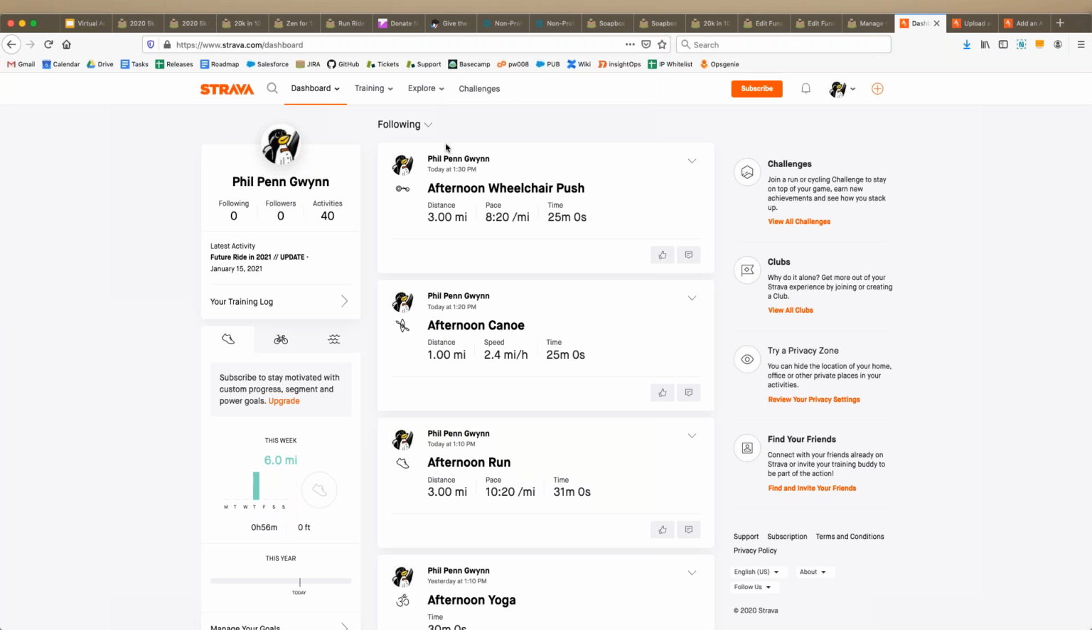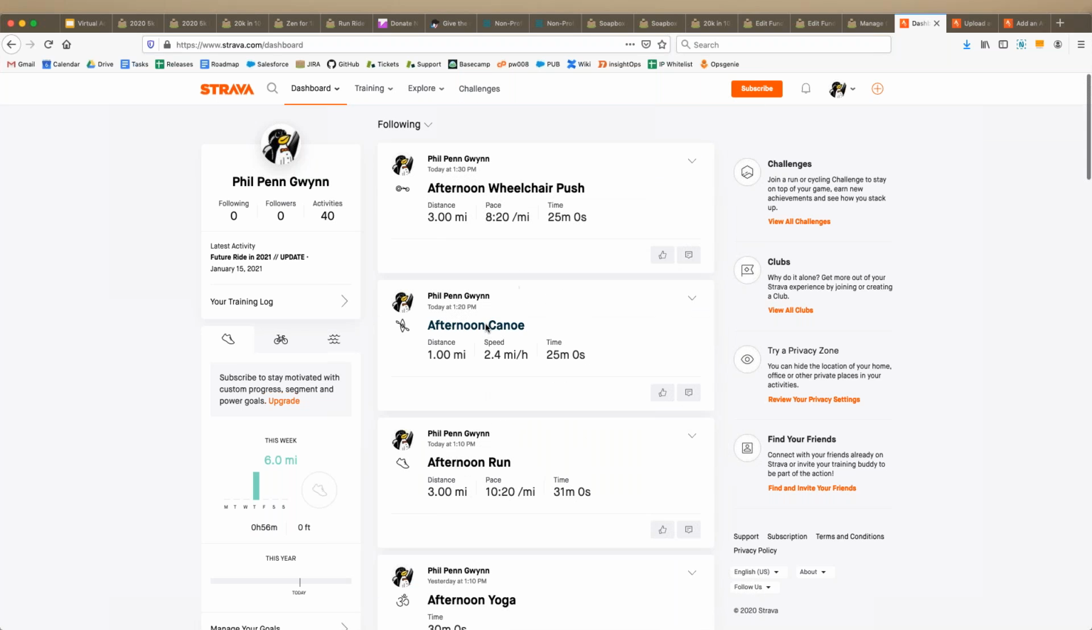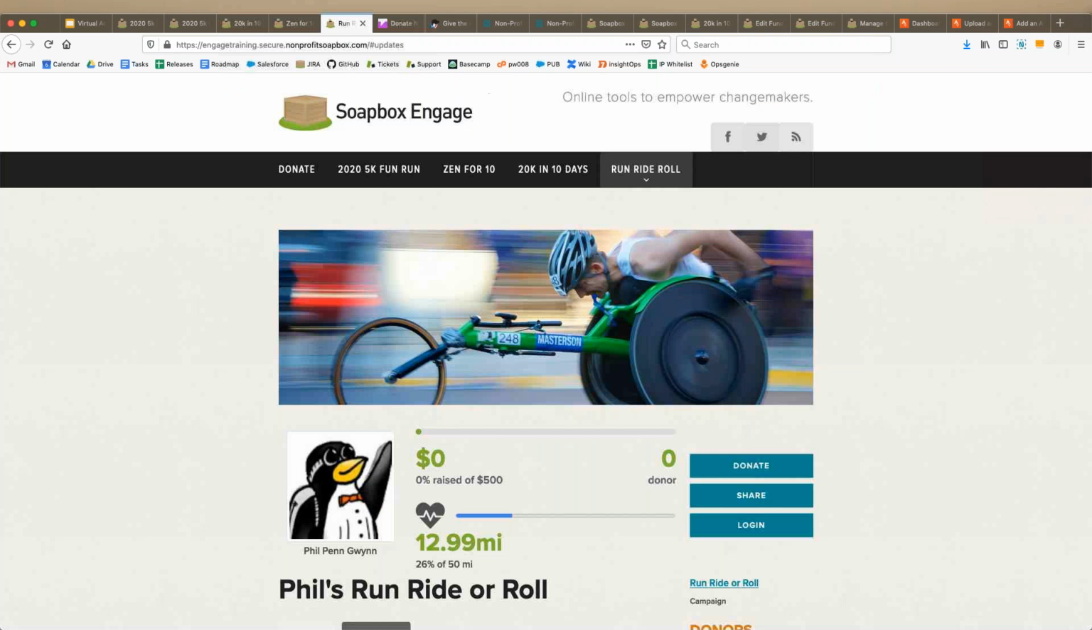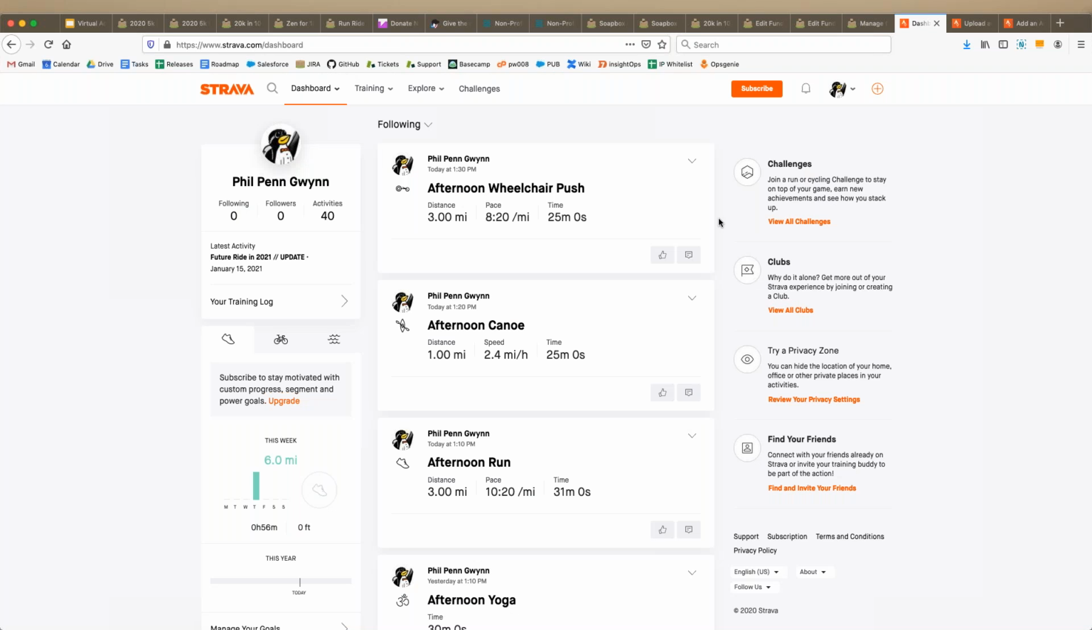Here, what we're seeing is Phil Penguin, our intrepid fundraiser, his activity list in Strava. So you may notice that a number of these that we see here are the exact same ones that we saw on our fundraising page here. So here's the afternoon wheelchair push. So what's happening is the activity gets recorded in Strava, and then Strava notifies Soapbox that this activity has happened. Soapbox records that in the fundraising page that is appropriate, and then increases the total in terms of the goal